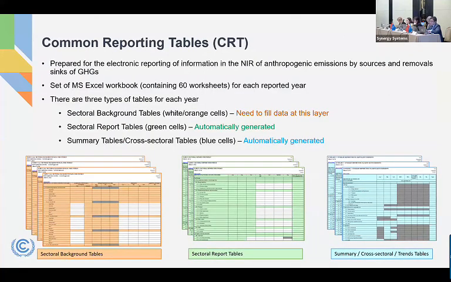And this is again a recap of how the common reporting tables would look. These common reporting tables are prepared for reporting the GHG emissions by sources and removals. The CRTs are a set of Excel workbooks. There are 60 for each reported year. And in the CRT tables, the data are in 3 layers. The level 3 is the sectoral background tables, which are the white and orange cells. And parties will fill the data in these blue and orange cells, which are then